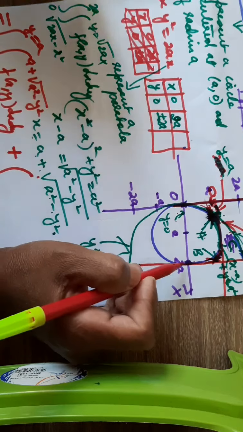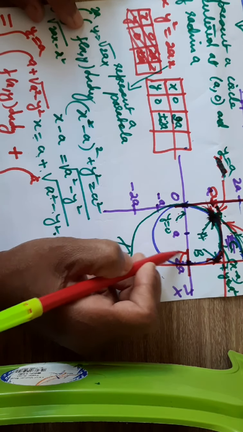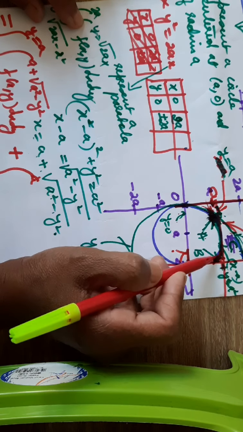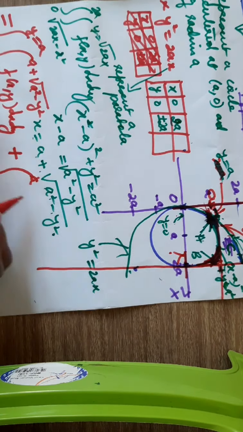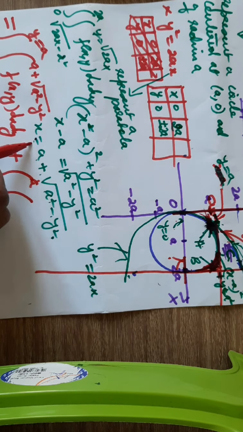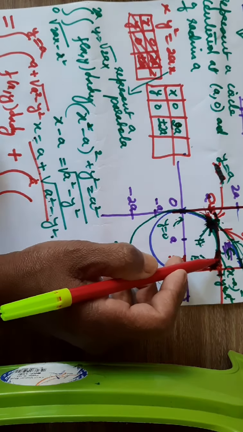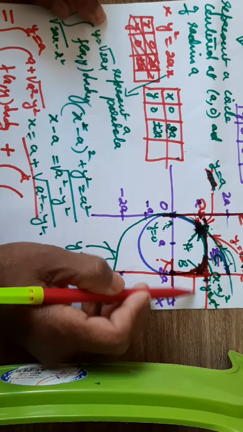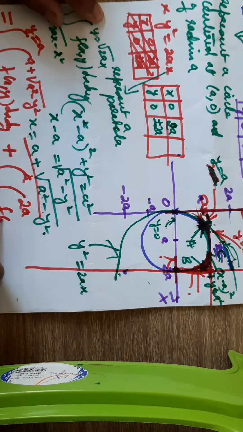In this region B again, y varies from 0 to a, because it is bounded below by y is equal to 0 and above by this line, which is y is equal to a. And on the left it is bounded by this circle, so it will be integral a plus square root of a square minus y square, and to the right it is bounded by the line x is equal to 2a, so x is equal to 2a, f(x,y)